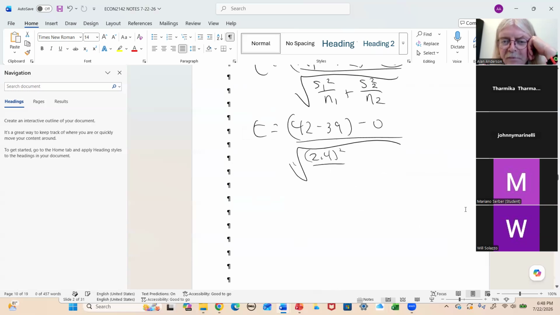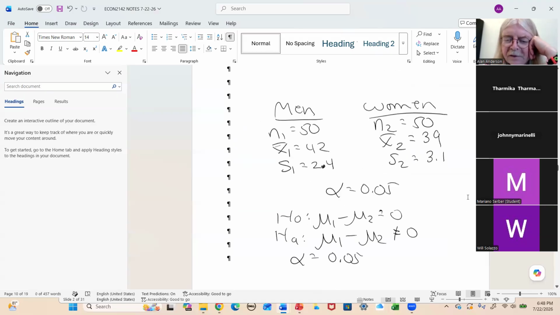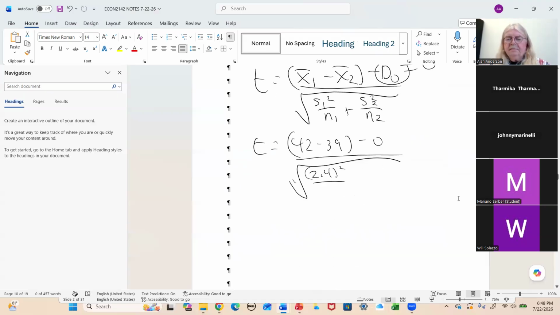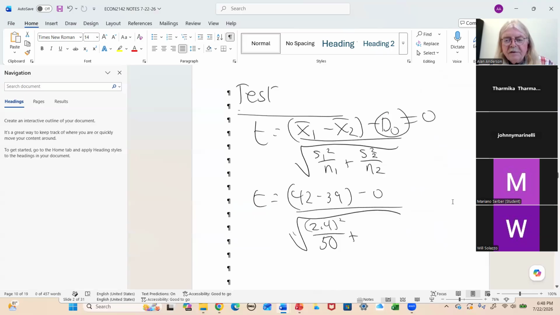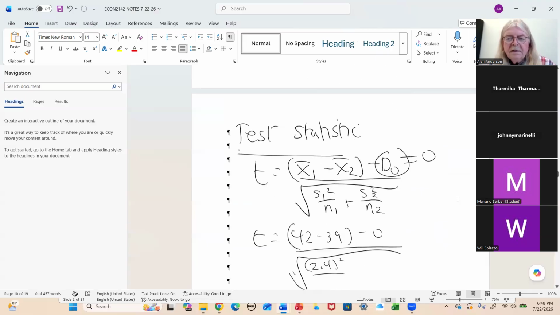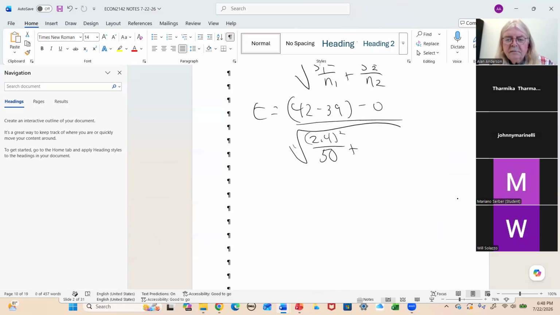And I believe there are 50, yeah, 50 of them. And then we have, for the women, the standard deviation is 3.1. Again, over 50. So if you pop that all into your calculator,